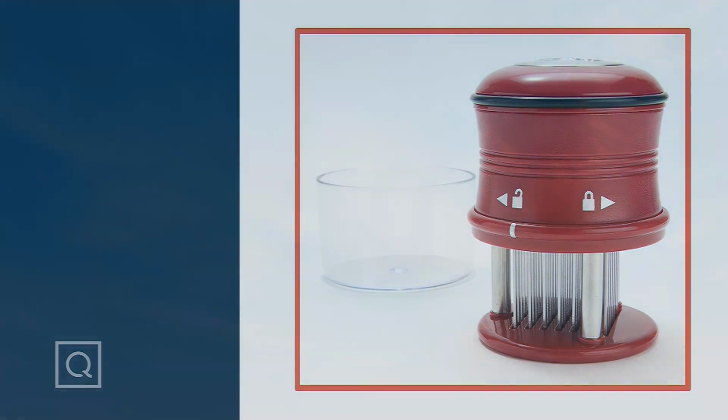Hey, this is the top that I'm wearing. It's super